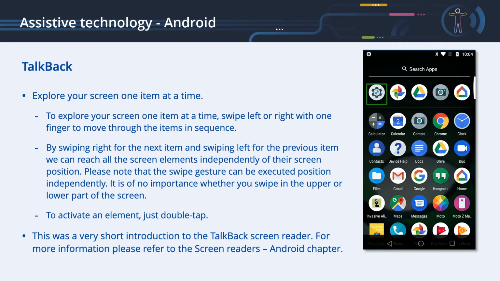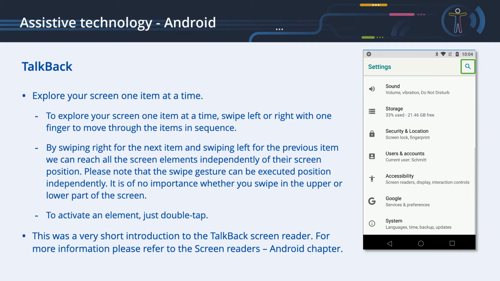Settings. Actions available. Settings. Search settings. Display, wallpaper, sleep, font size, in list 13 items. Sound, volume, vibration, do not disturb. Storage, 33% use 21.46 GB free. Security and location, screen lock, fingerprint. Users and accounts, current user, Schmidt.